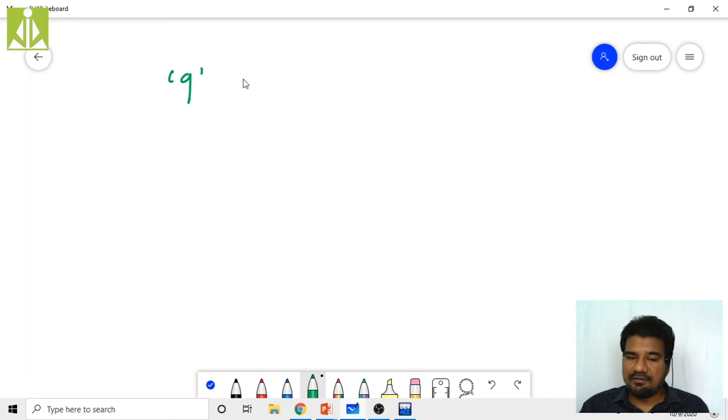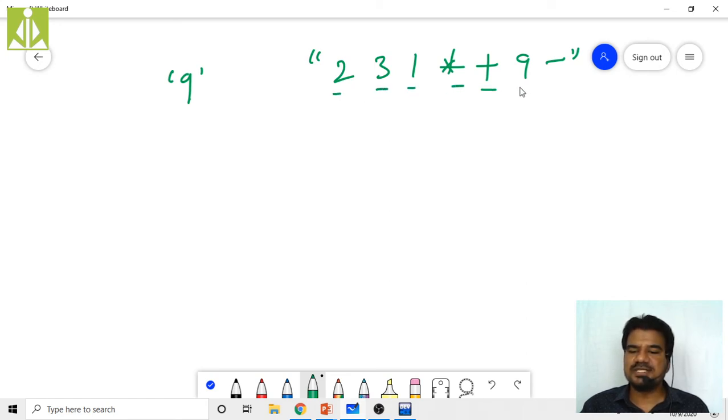So our expression is a string: 2 3 1 star plus 9 minus, like this they have given. So this is a string. All these are my characters, because a string is a character array.